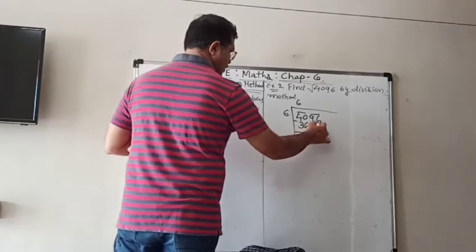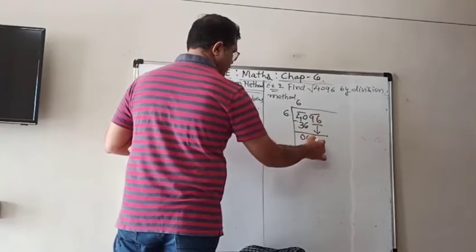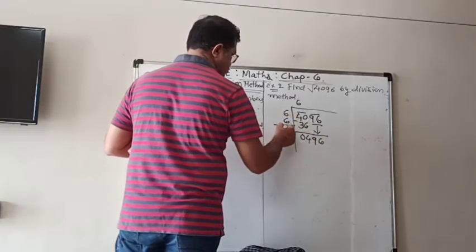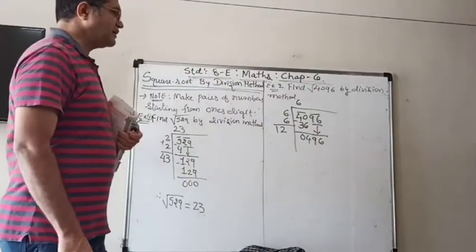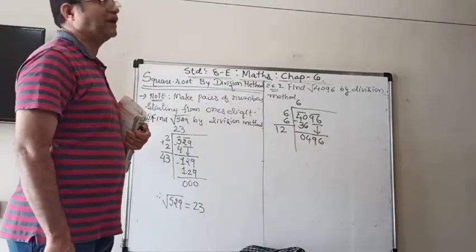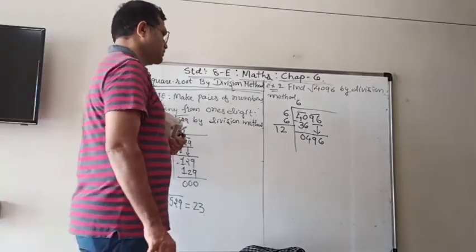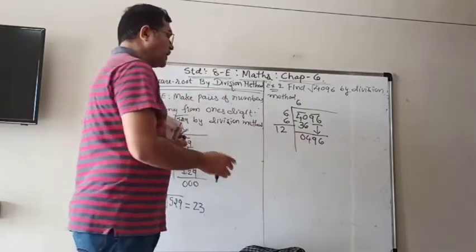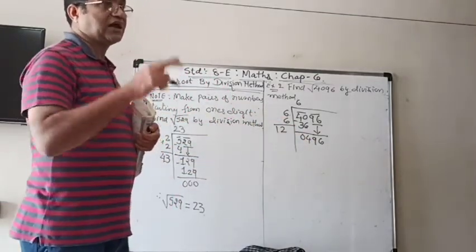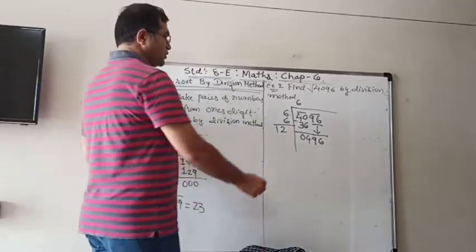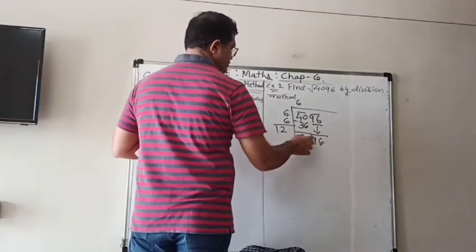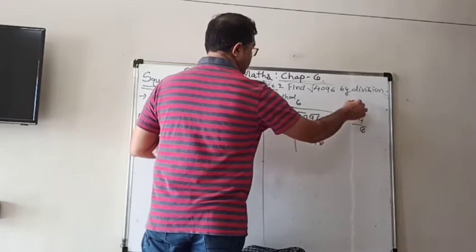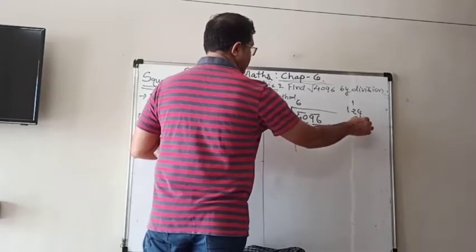And then the whole pair should come down, 496. Then you have to add them or double them, 6 plus 6 is 12. Now as I told you, after 12 you have to put some digit so that it makes about 496 here. Not 3 twos are 6, but 2 twos are, 3 threes are, 4 fours are. You can see that 4 fours are can be 16. So try 124 fours are. 4 fours are 16, carry 1, 4 twos are 8 plus 1, 9, and 4 ones are 4.